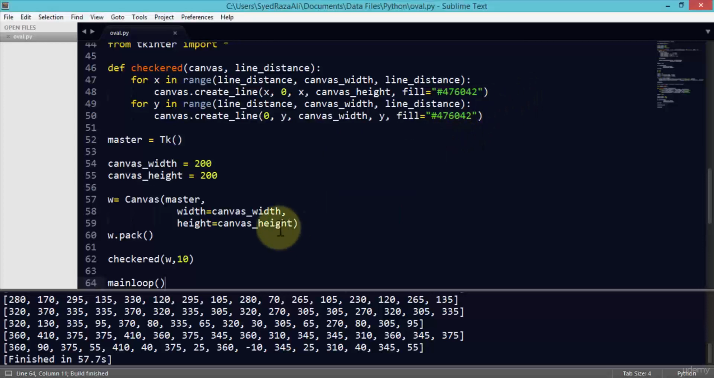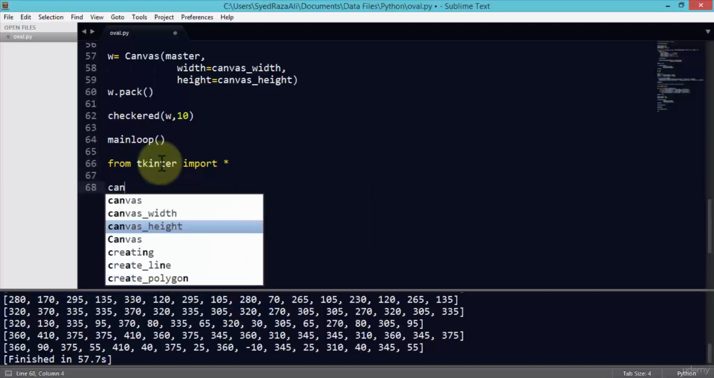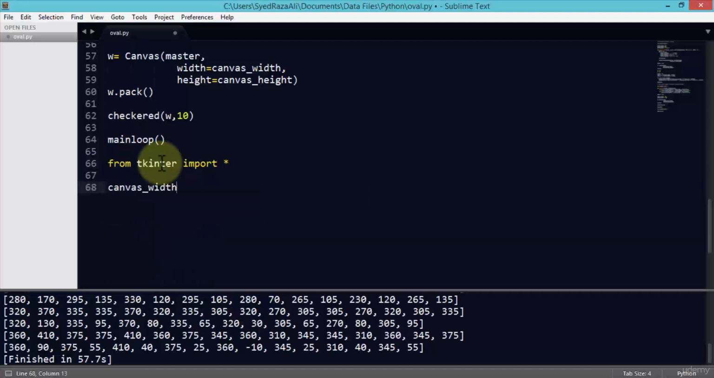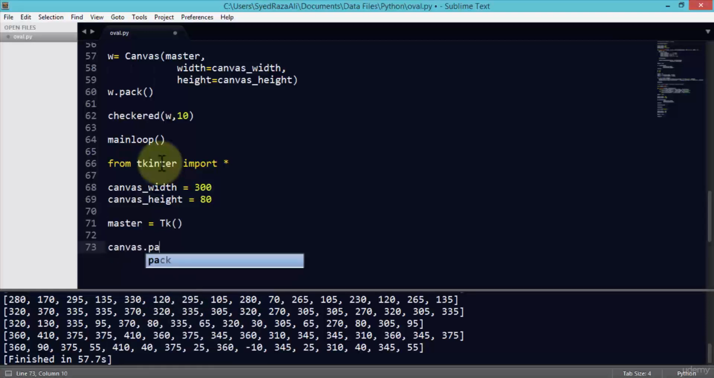All right, let me close this, and finally quickly let me also demonstrate how to use the bitmaps. In other words, icons that we can also create and place on the canvas. So let me go ahead and do the from tkinter import, specify the width and height of the canvas. So canvas width, I'm going to use 300, and canvas height equals, make it a little smaller so we can see all the icons in fact, and use the master equals tk, and go ahead and use the canvas.pack, and